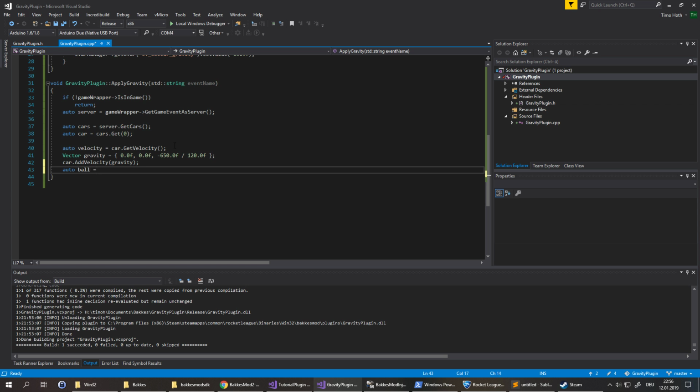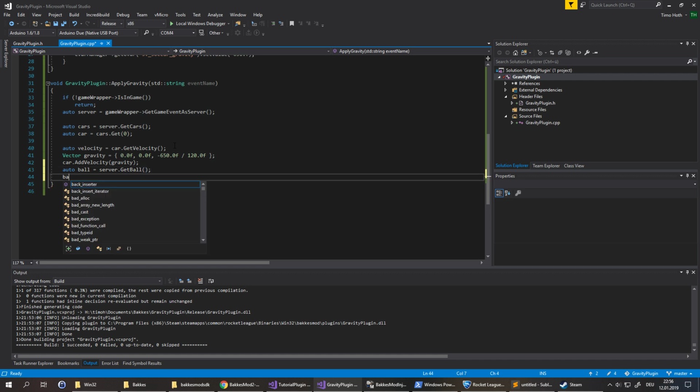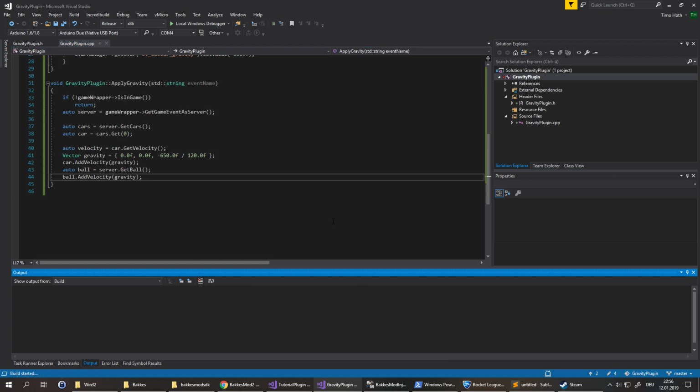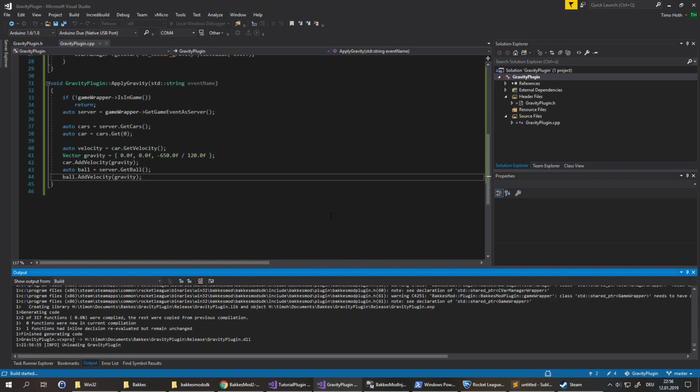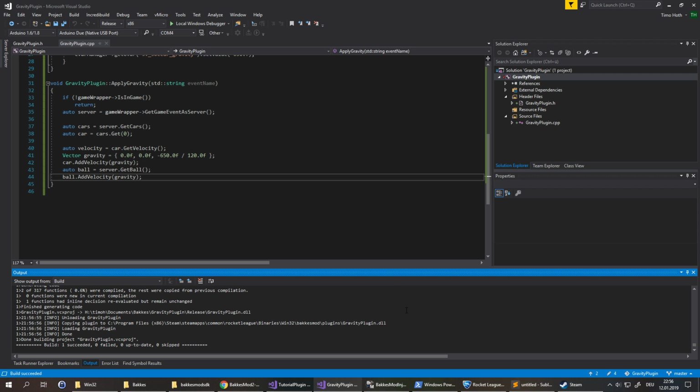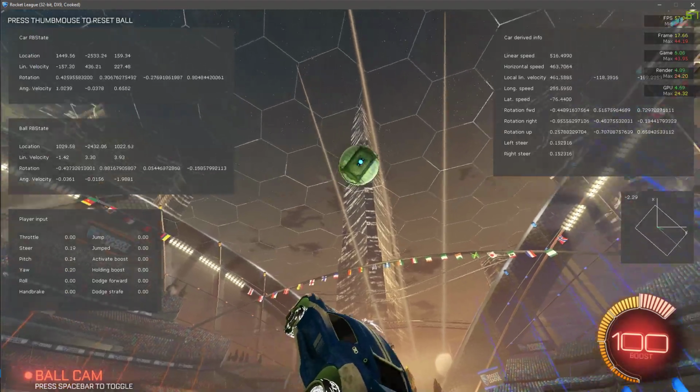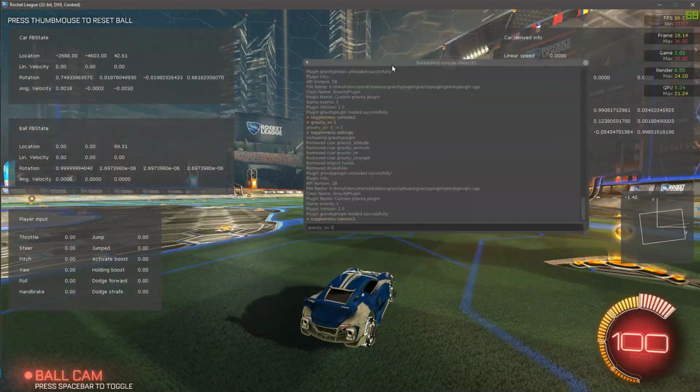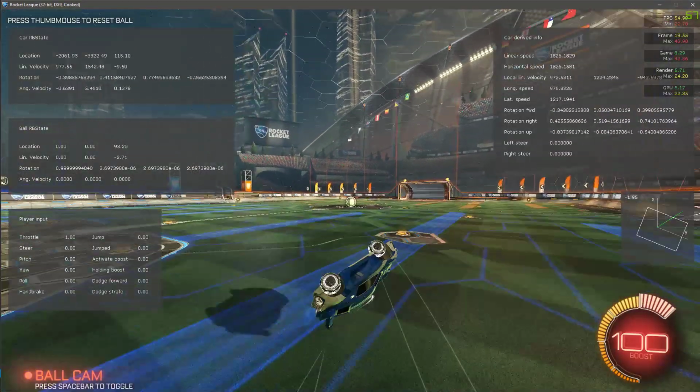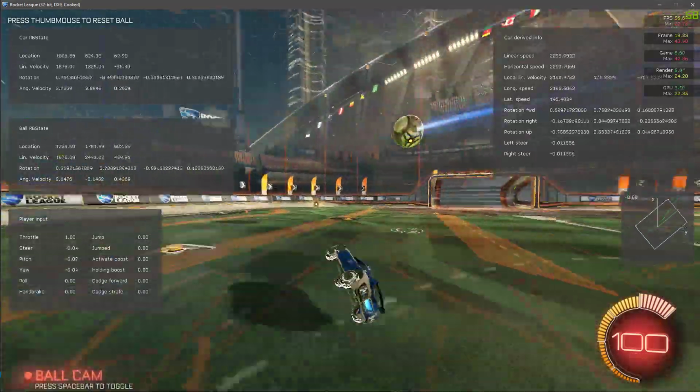Auto ball equals game.get server, in my case, .get ball. Alright, and then we do ball dot add velocity gravity. So we compile this, and then we need to turn it on, and now ball should be lying roughly